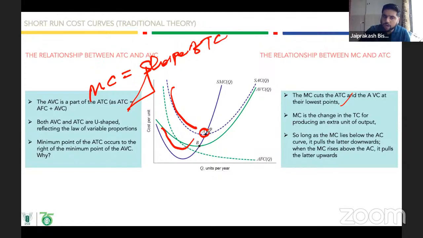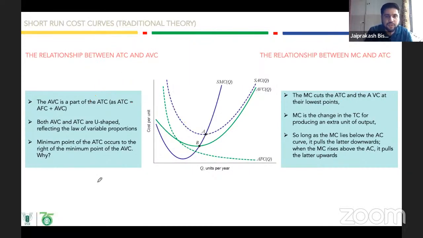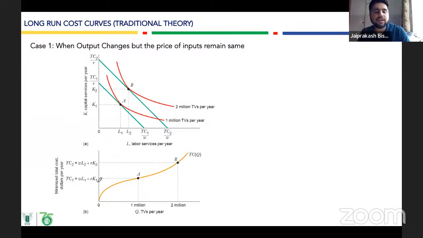After this point your SMC curve is above this SAC curve, so short-run average cost, short-run marginal cost, average variable cost and average fixed cost. जैसे ही SMC कर्व इंटरसेक्ट करके ऊपर चला जाता है, आपका एवरेज कॉस्ट भी अपसाइड पुल होने लगती है। सिमिलरली विथ योर एवरेज वेरिएबल कॉस्ट आल्सो, ठीक है। आई नो इट इज क्वाइट बोरिंग, बट क्वेश्चंस अपीयर्स फ्रॉम दिस ग्राफ्स। सो डोंट गेट बोर, बी अटेंटिव, ठीक है।